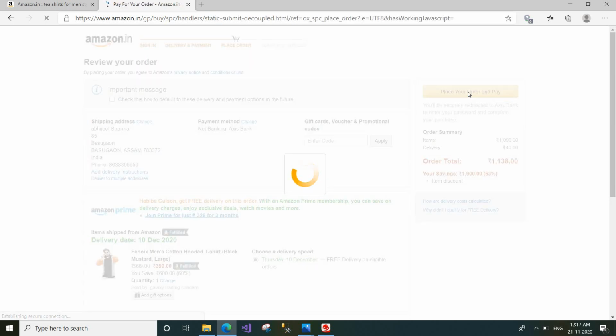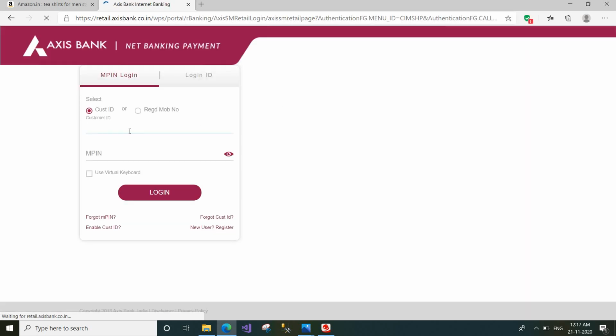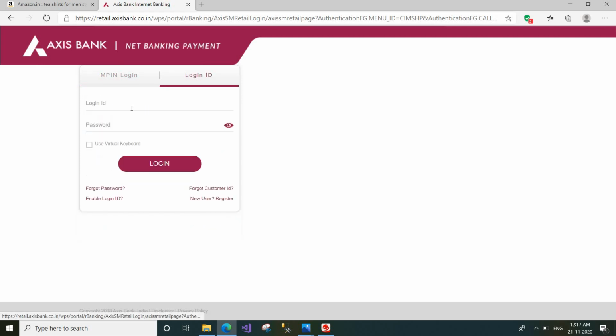You will be redirected to Axis Bank website. You give your login ID here, password here, just click login. The next page you will show an OTP has been sent to your mobile number which is registered with Axis Bank.